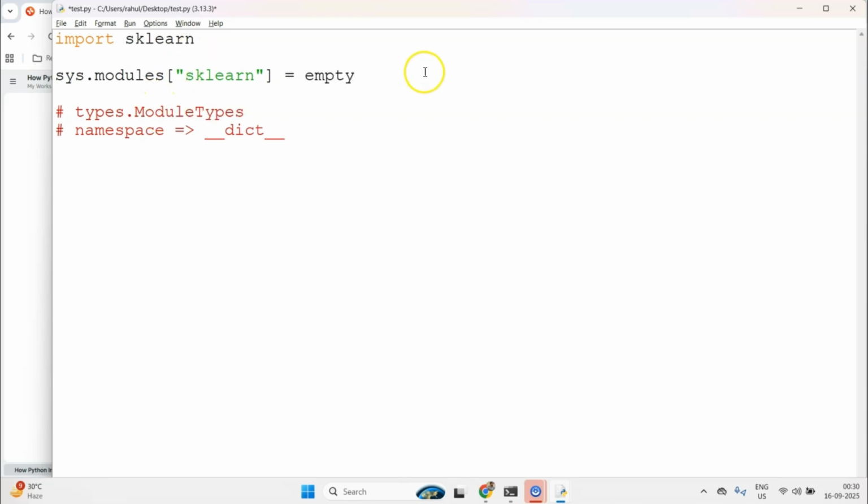Okay, and it will happen in the backend. Just to reiterate, it will create this key and an empty object. Currently this module type does not contain anything.